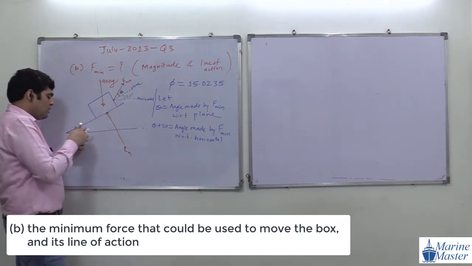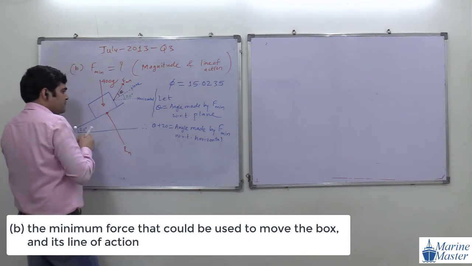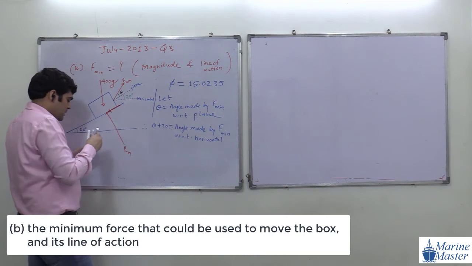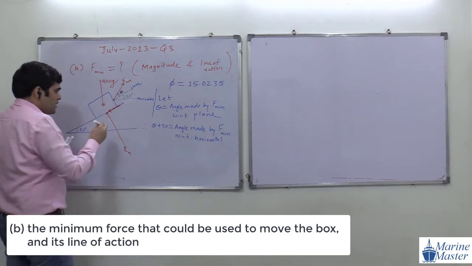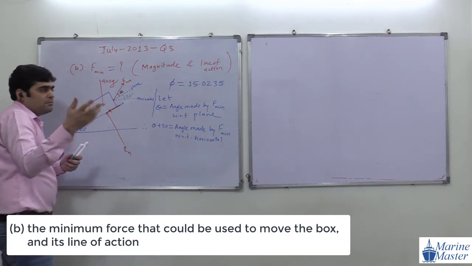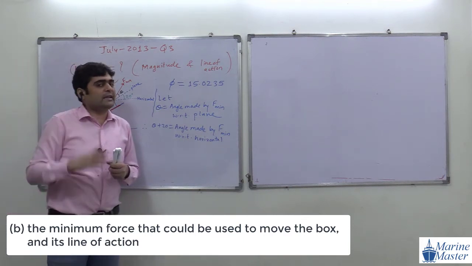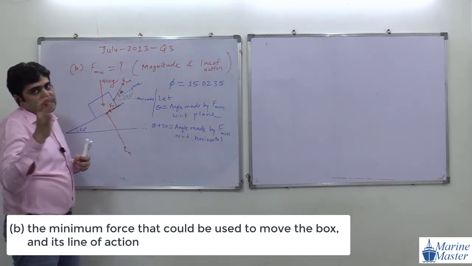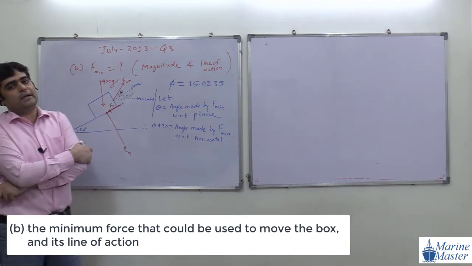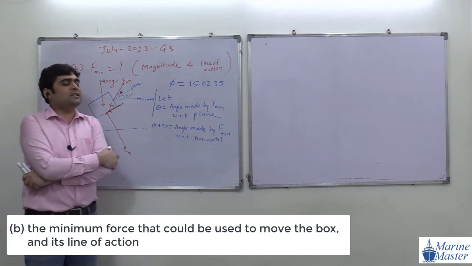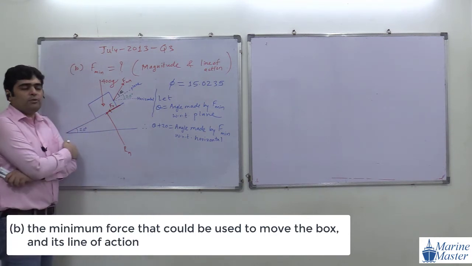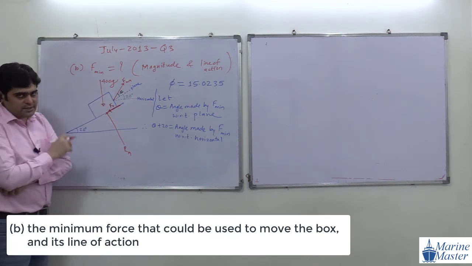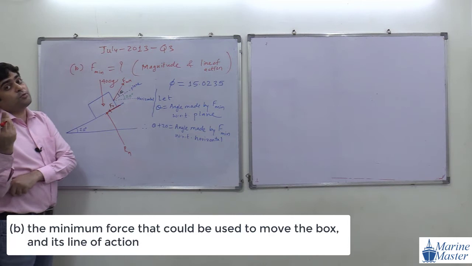Now guys, the object tries to move upward. If the object tries to move upward, what will be the friction force? Downward along the plane. Okay. Now see the scenario here. For minimum force, we are going to use the force vector diagram method. For the force vector diagram method, what is the important condition? We need 3 forces. But here how many forces do we actually have? 4 forces. Okay, good. But we need 3 forces for the force vector diagram.